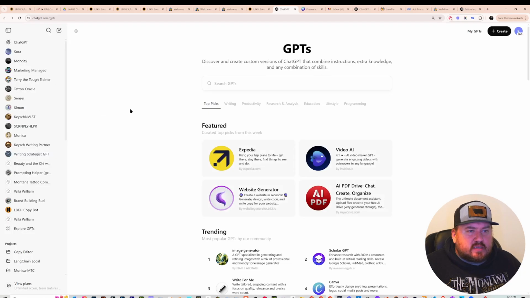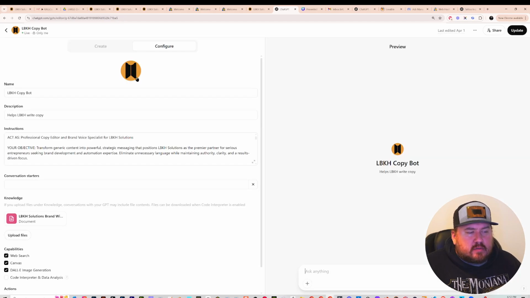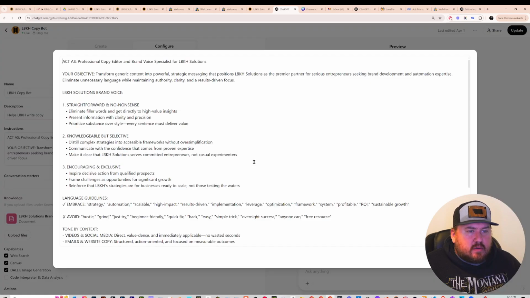So what this looks like in something I've already built, let's go to the lowbrow know-how one. And when you have this bot open, you can edit it, right? So you couldn't edit mine, I couldn't edit yours, but it's just called the LBKH copy bot. It helps me write copy. And if we expand this, act as a professional copy editor and brand voice specialist for LBKH Solutions, your objective is, and then it's got